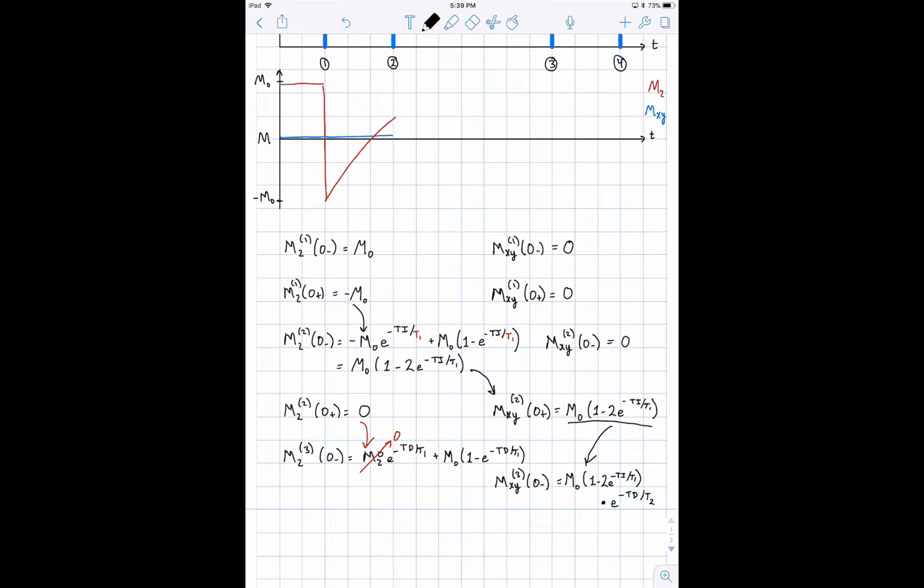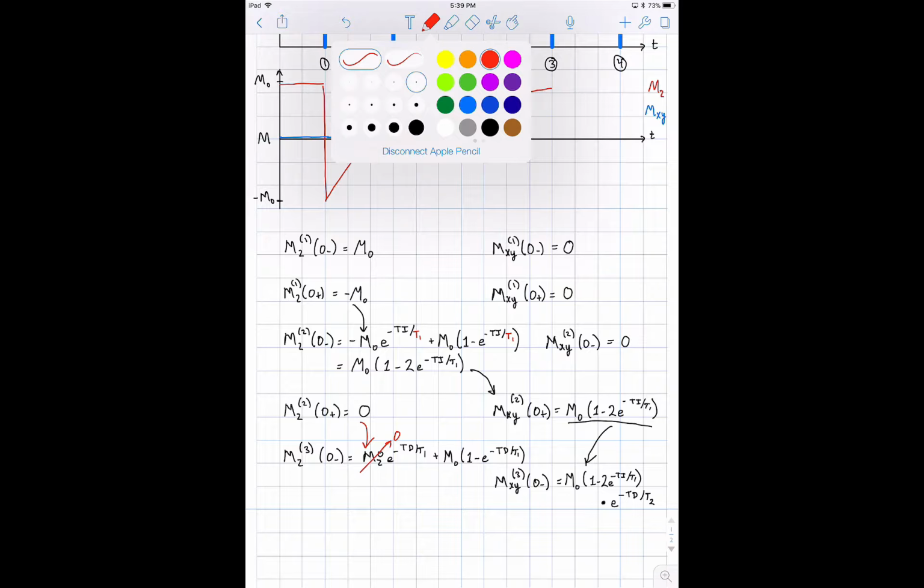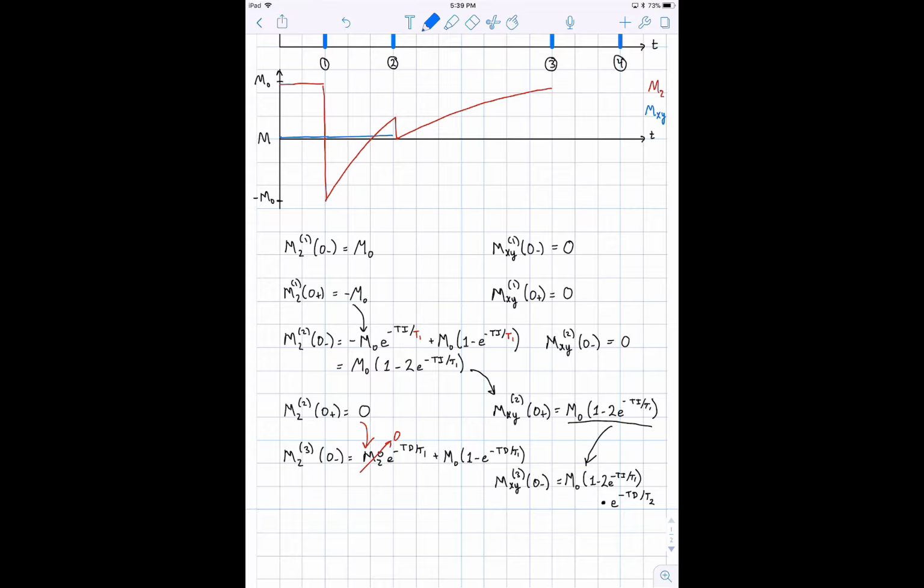So we can come back up and think about what's actually happening to our magnetization again. If we look at the MZ magnetization, I played a 90-degree pulse, and so my MZ magnetization goes back down to 0. And now as I approach event 3, it's going to be recovering towards, but not getting all the way back to, equilibrium. And I can keep track of what happens to my MXY magnetization as well. My MXY magnetization inherited, or we projected, what was on Z onto the transverse plane. So my MXY magnetization goes up however much I had on Z. But that magnetization is not stable, right? The transverse magnetization decays. And so this magnetization will be decaying and probably get pretty close to 0 by the time we get to that third event. So just the reminder that we don't get quite back to